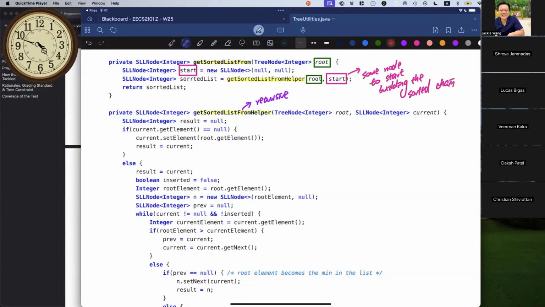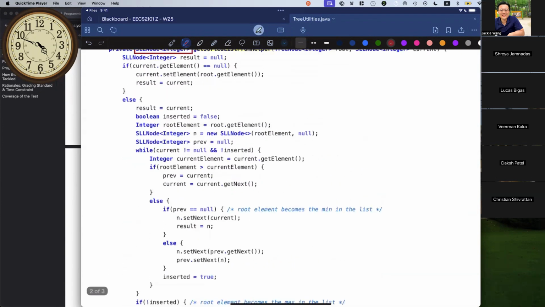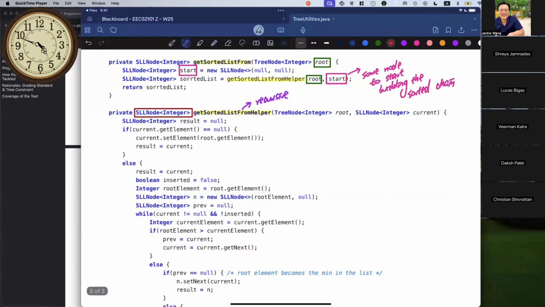However, it is important for you to notice this helper method here itself is actually going to return an SLL node. So the node that's being returned, for example, you can see that is going to return the result. So when you study this code over here, you want to see exactly how the result is being reassigned or initialized, right? That's something you want to pay attention to. So here you want to think about the entire method call is going to return some SLL node. Okay, I think that's more accurate of saying that.